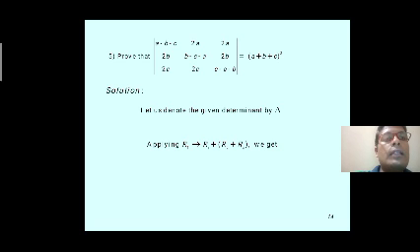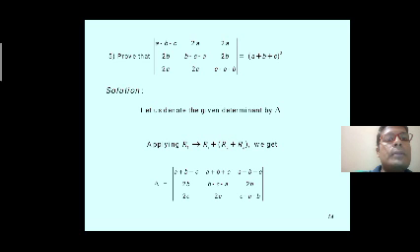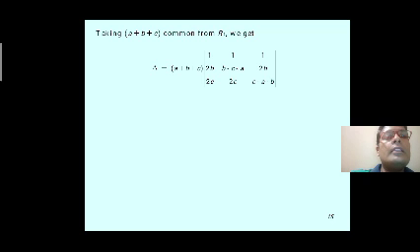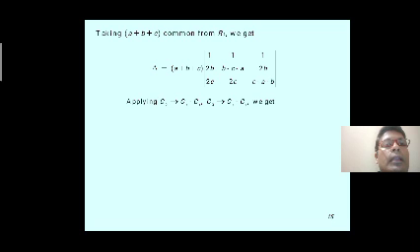Applying R1 gives R1 plus R2 plus R3, we get delta equal to A plus B plus C, A plus B plus C, A plus B plus C. The remaining two columns are as they are. The next step is to take A plus B plus C common from R1. We get delta equal to A plus B plus C times the determinant 1 1 1, 2B, B minus C minus A, 2B, 2C, 2C, C minus A minus B.